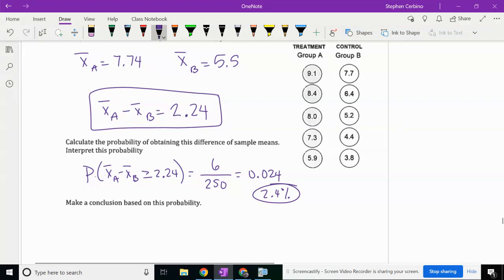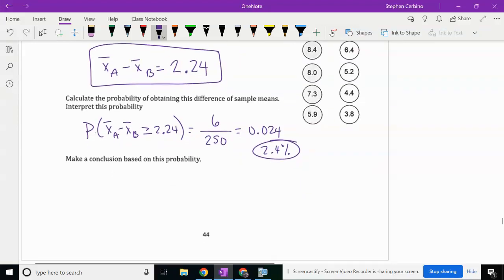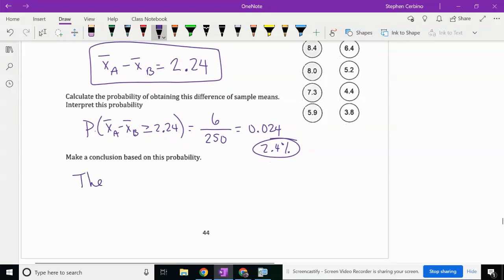So because there's only a 2.4% chance of this happening, when we re-randomized and put our tomatoes into random groups that had treatment all over the place, we see that when we put the groups back into their original groups of a treatment group versus a control group, there's a significant difference here because it's outside of the 95% confidence interval. So what we can say is the treatment